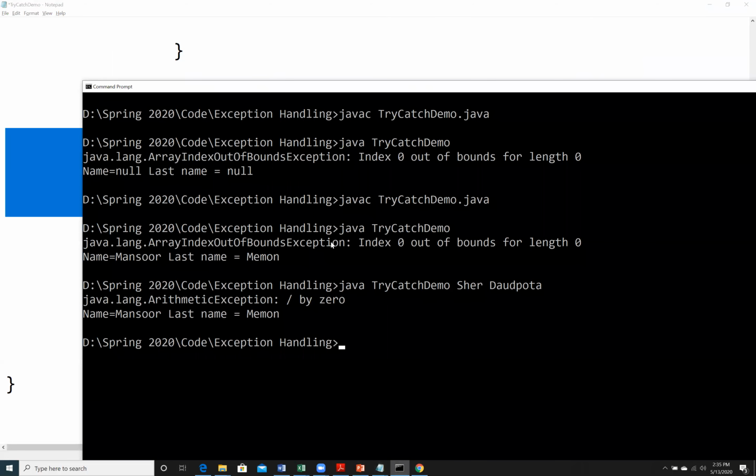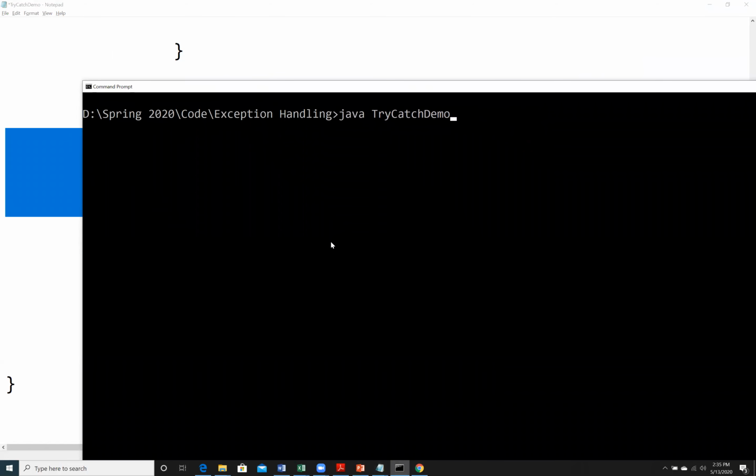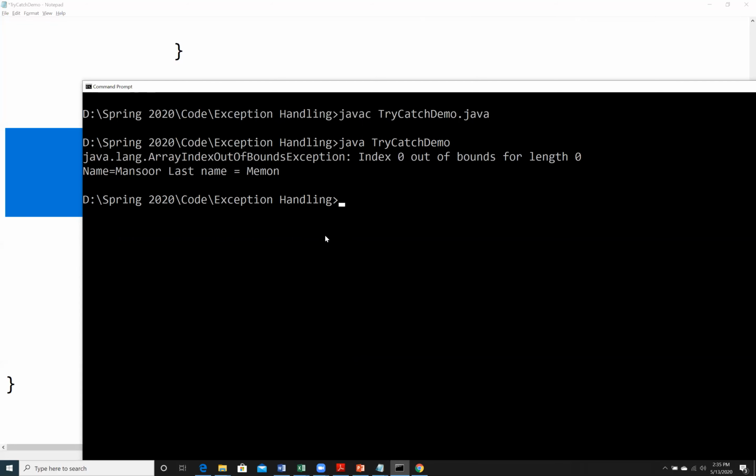Let's take it. So javac, yes, right? Okay, now I'm not providing any argument. You can see here java.lang.ArrayIndexOutOfBoundsException, index 0 out of bounds for length 0.